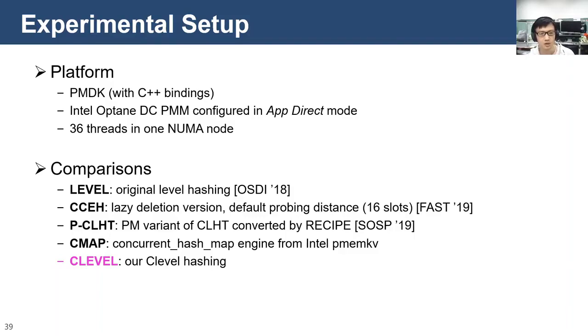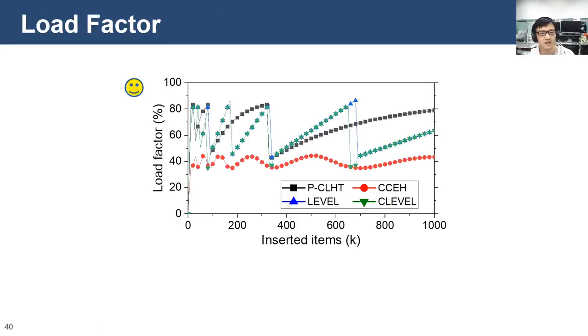For workloads, we use YCSB to generate micro benchmarks in Zipfian distributions and obtain real workloads from YCSB as macro workloads. For load factor, the maximal load factor of Clevel hashing is comparable with the original level hashing, that is 86%.